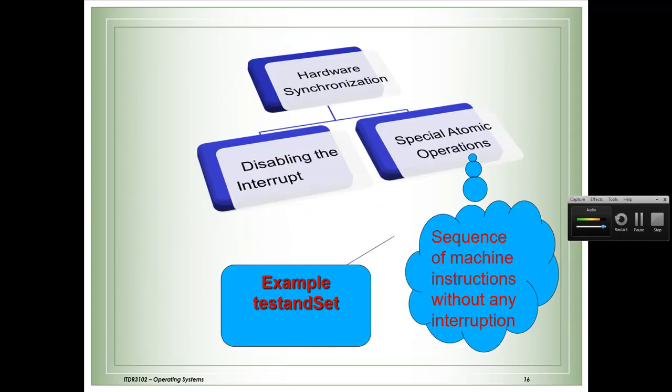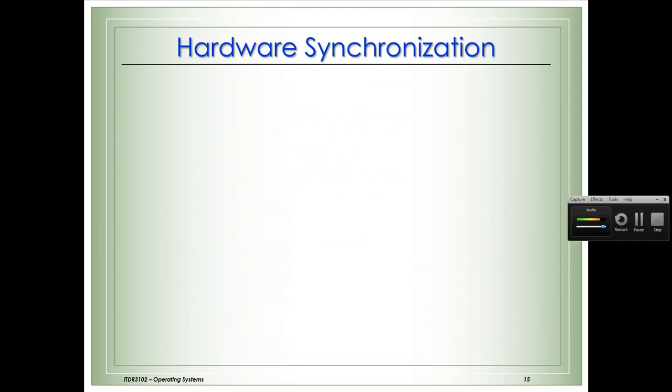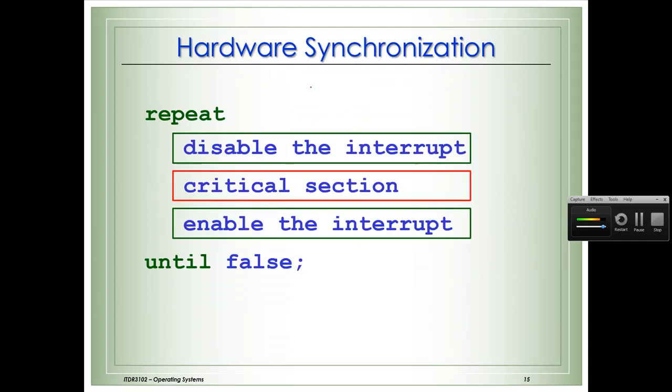The next concept is hardware synchronization. If it is a single processor system, you can implement synchronization in the following way. You know what a single processor system and a multi-processor system are, right? In a single processor system, we can implement mutual exclusion using something called the interrupt concept. Interrupt means a signal to the CPU. When you press the keyboard or mouse, a signal goes to the CPU, and that is called an interrupt.